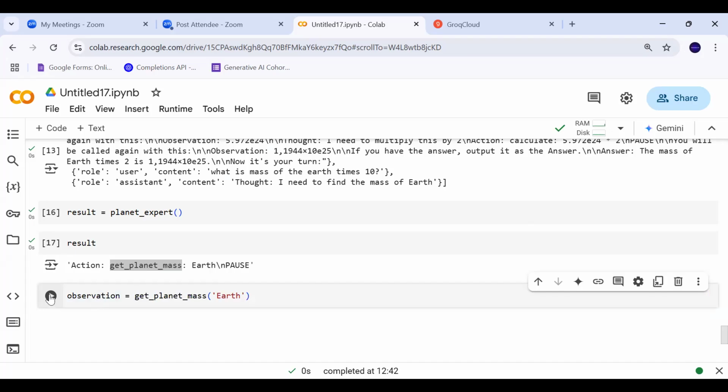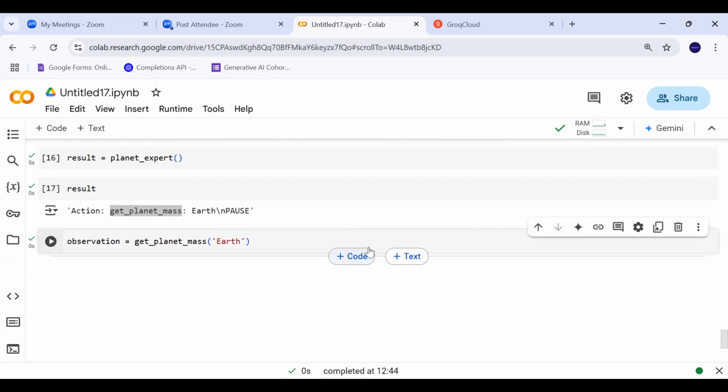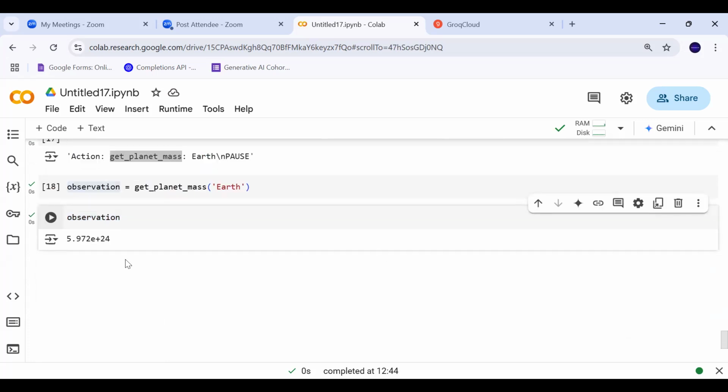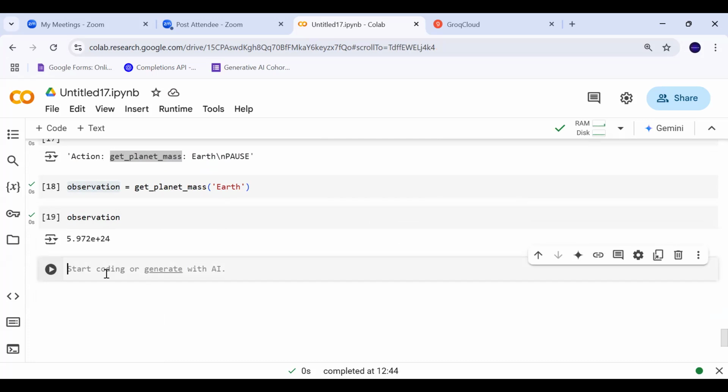Let's see. If I print, now I have the mass of my earth. But this action was done manually by me, externally. So I need to pass this observation to my LLM.